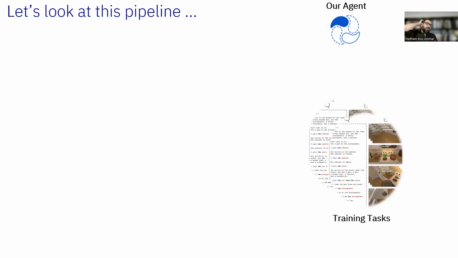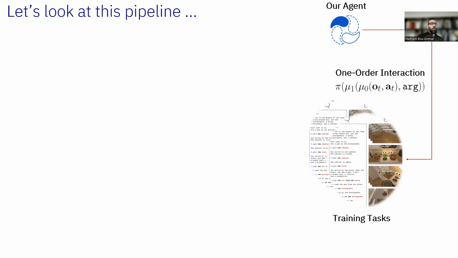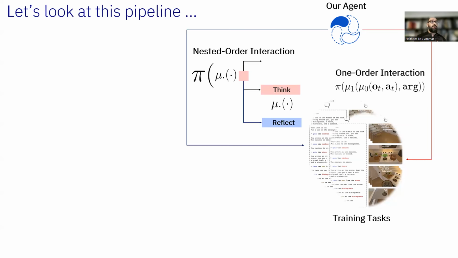So to describe this, what we could actually do now is we have our agent, right? And we have a set of training tasks, let's say ALFWorld training tasks in this example. Now, what you could do is design a one-order nesting interaction, so a one-order structured reasoning interaction with this training task, for example a few-shot CoT interaction. But with a small change of code, you can go deeper into nestings, and have a deeper nesting interaction with this environment, for example using ReAct, Reflexion, or whatever.